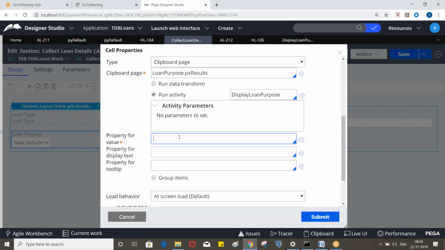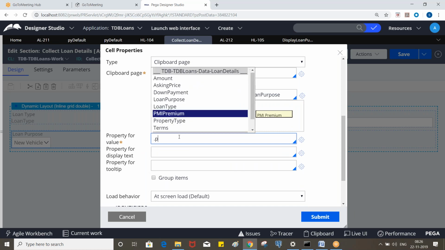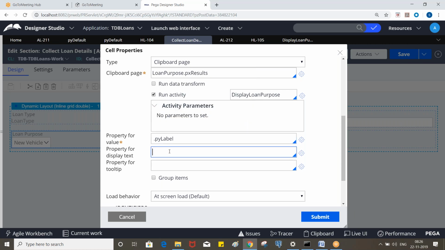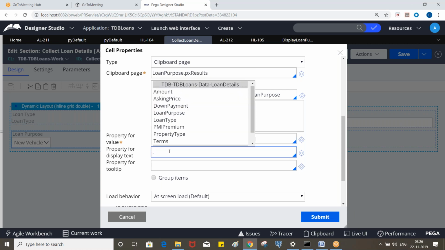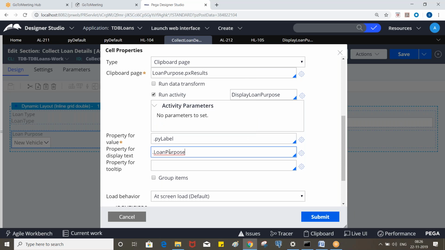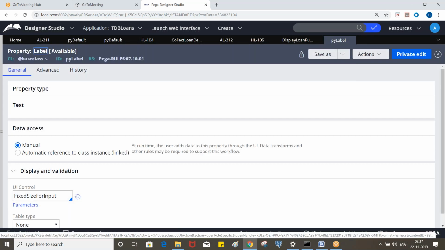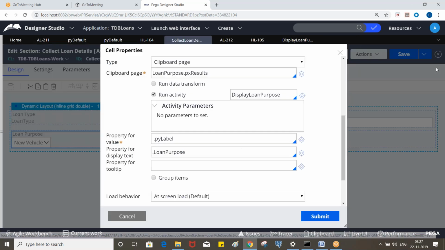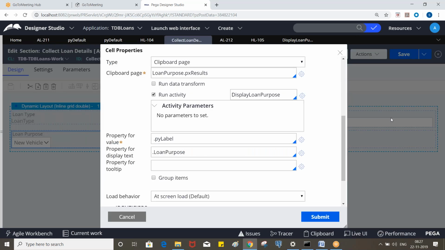The property for value is pyLabel, and the property for display text is loan purpose. If you see this pyLabel, if you want, you can create a property and call it, but it's not required. So we can use this property pyLabel. Okay.